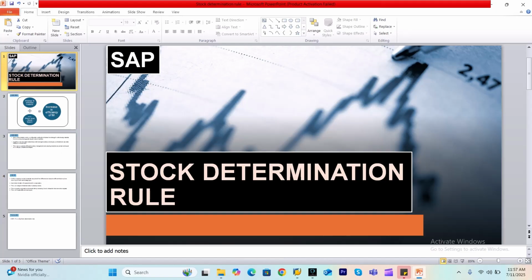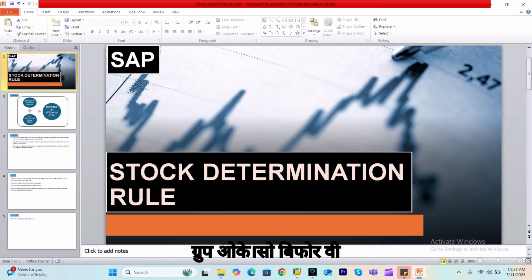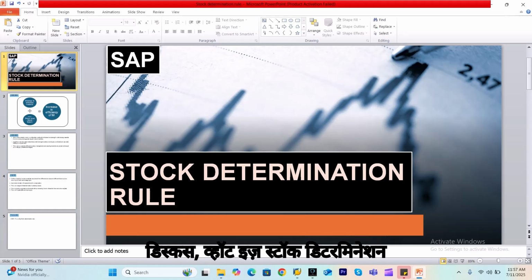Today we'll discuss the stock determination rule. The stock determination rule is generally associated with the stock determination group. Before we discuss what the stock determination group is,